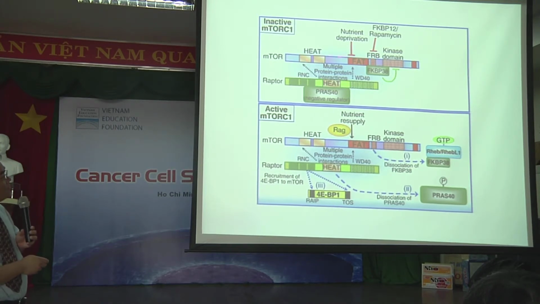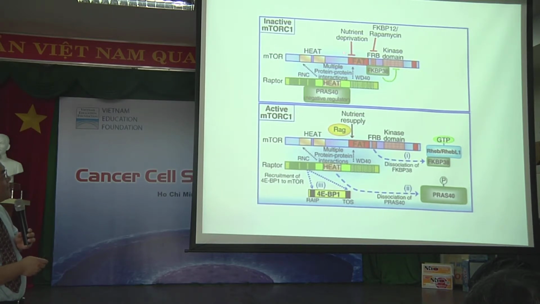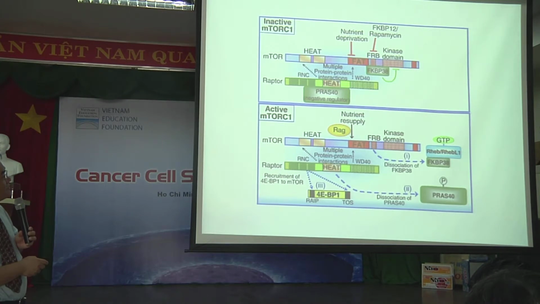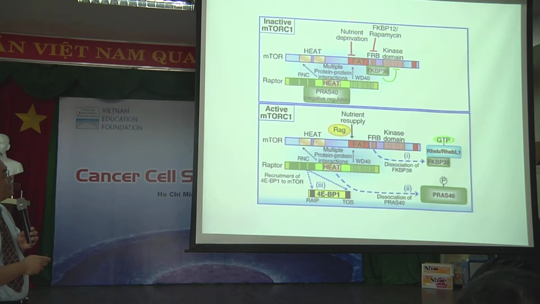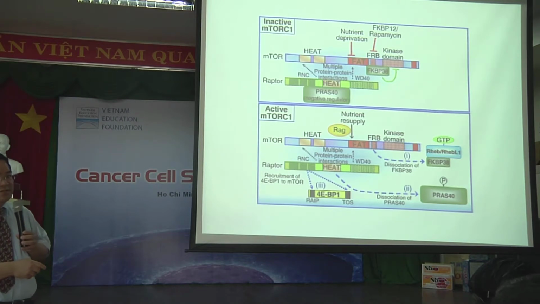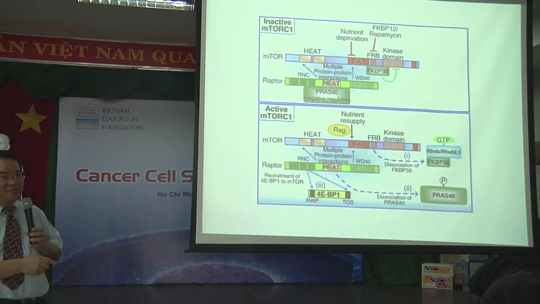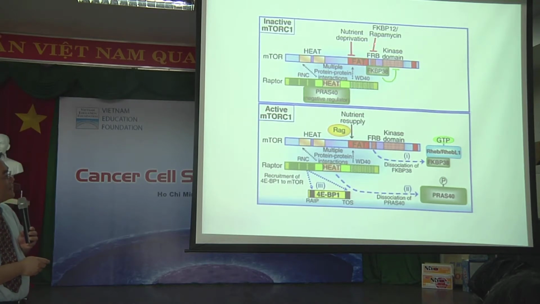The mTORC1, without receiving the signal, is not activated. And then there are several ways to inactivate this important kinase. Nutrition: when you are fasting, you don't have enough nutrition, and the mTOR is inactivated. Okay? A very important mTOR inhibitor called rapamycin has been used as a chemotherapy drug to stop the mTOR signaling. Rapamycin was able to block the mTOR kinase activity. It associates with Raptor for